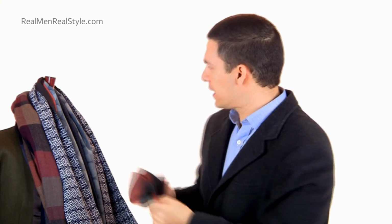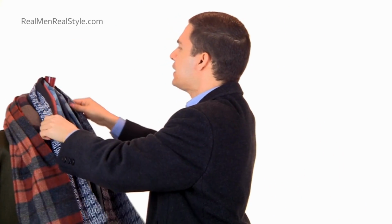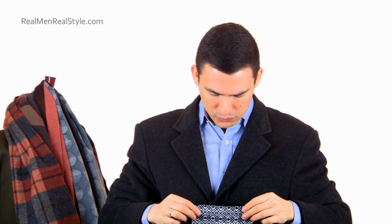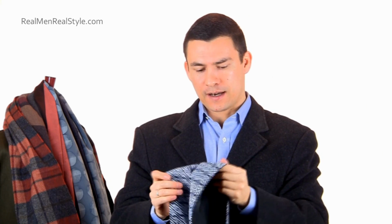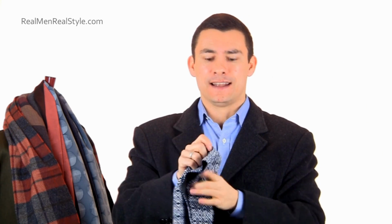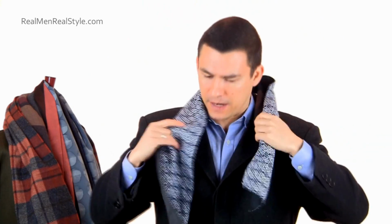Now let's talk about why a man would want to wear the drape. What's the nice thing about it besides it being incredibly simple? Well, another great thing about the drape is that you can wear it with a scarf that is short. So this scarf right here is not even 40 inches in length. It looks like a cotton fabric. It's got a very intricate design in it. Still a masculine color, masculine fabric, but it's going to be less of a functional scarf and more something that,